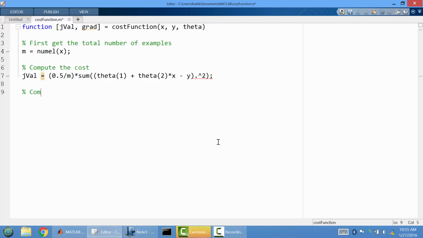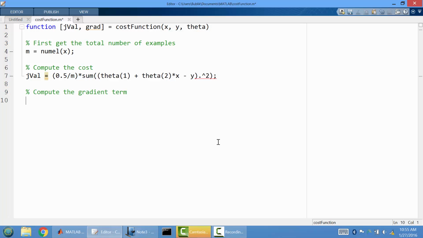And then if you want to compute the gradient term, okay, the first one, so create a 2 by 1 vector, 1 over m times the sum, theta 1 plus theta 2 times x. Okay, so this would be the gradient for that term. Actually no, this is the second one, and then the first one is just without the bias. So let me just get this,